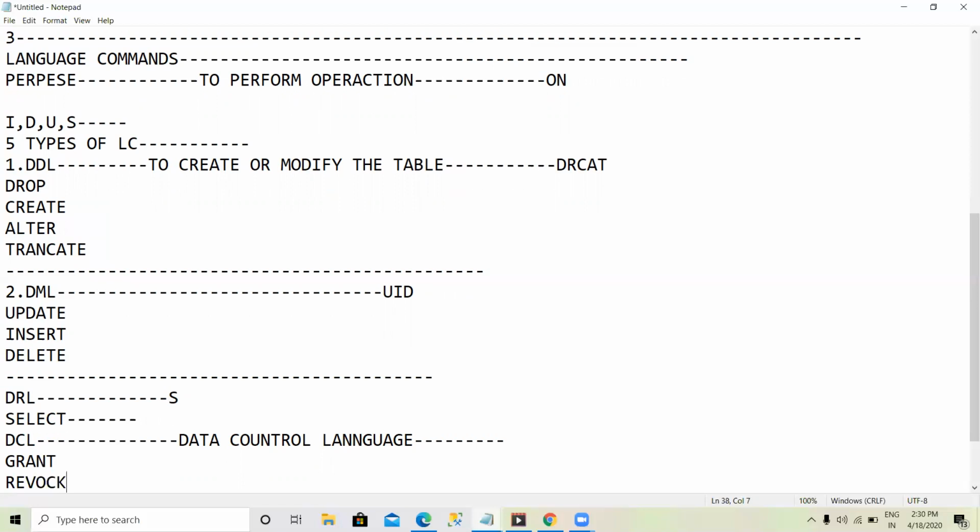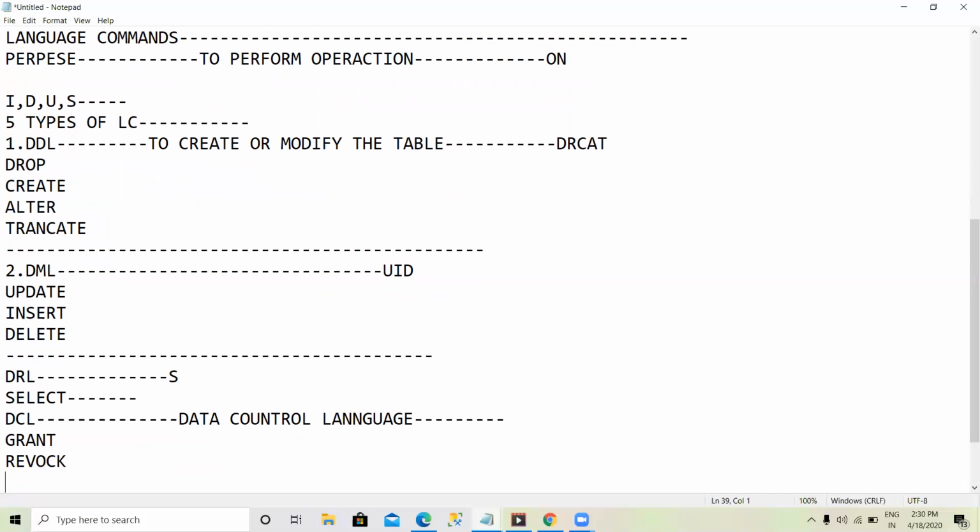Grant and revoke come under DCL, data control language.